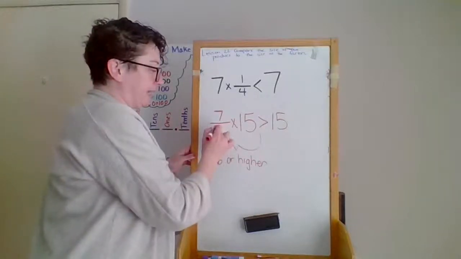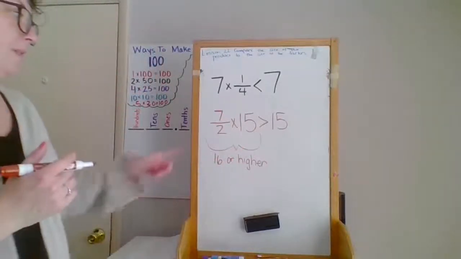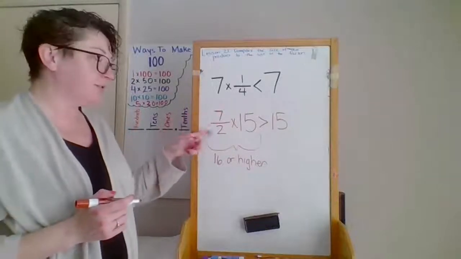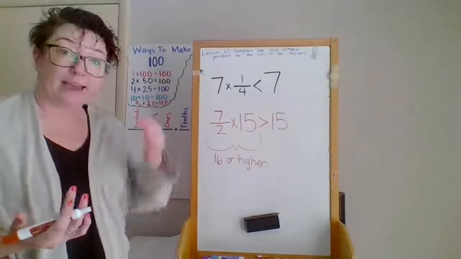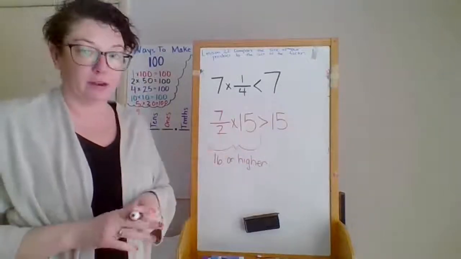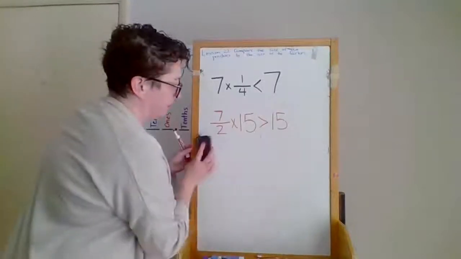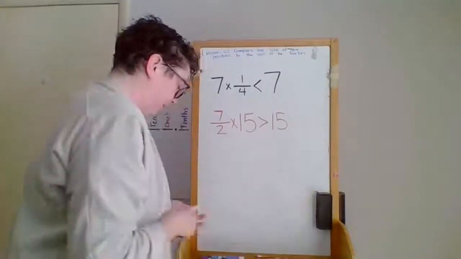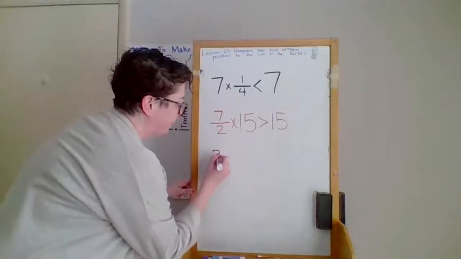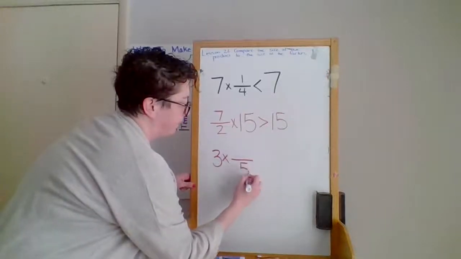So it could be 1 through 6. So let's say I did 7 halves. This would be more than 1 whole because 2 goes into 7 3 times. So that would be 3.5 times 15, which would be higher than 15. Okay, one more for part C. Three times something fifths